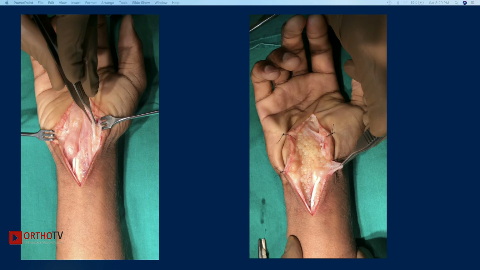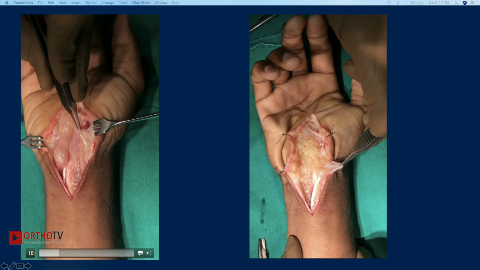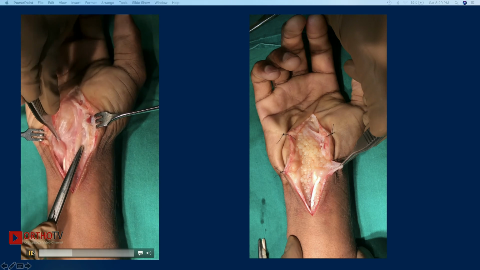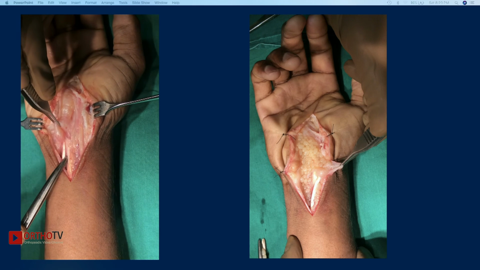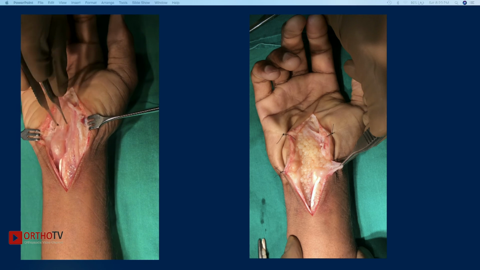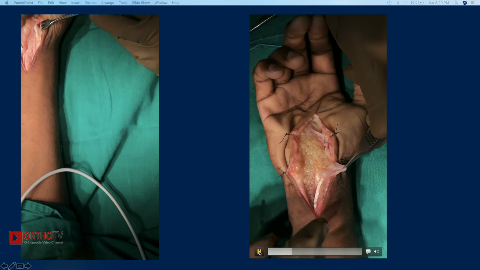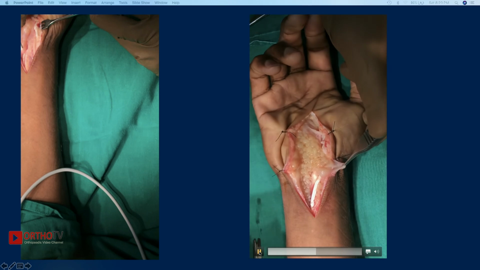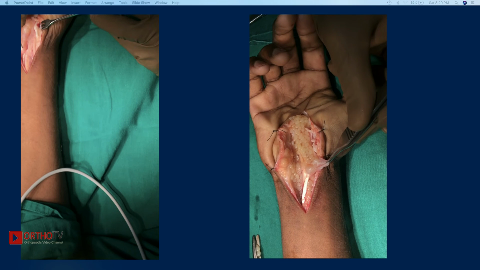And when we explored that, this is the one flexor tendon, this was the median nerve, and this is the hypertrophied flexor tenosynovial tissue. And when we excised that and did a total synovectomy, what we found, if you see the picture here, this is how the rice granules usually look. So that is a classical diagnosis for probably rheumatoid arthritis.